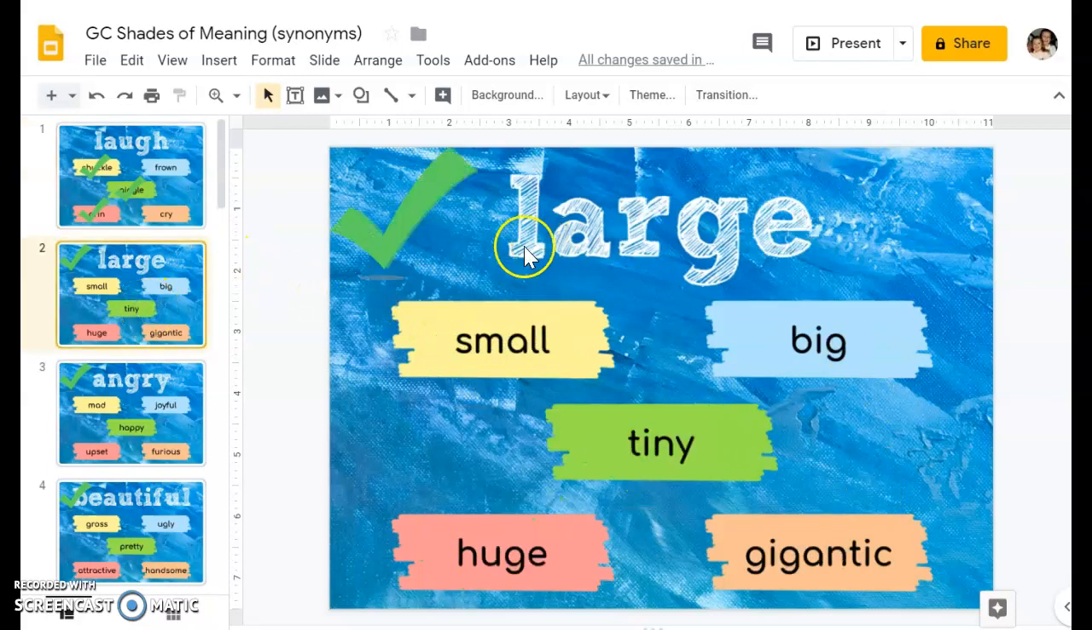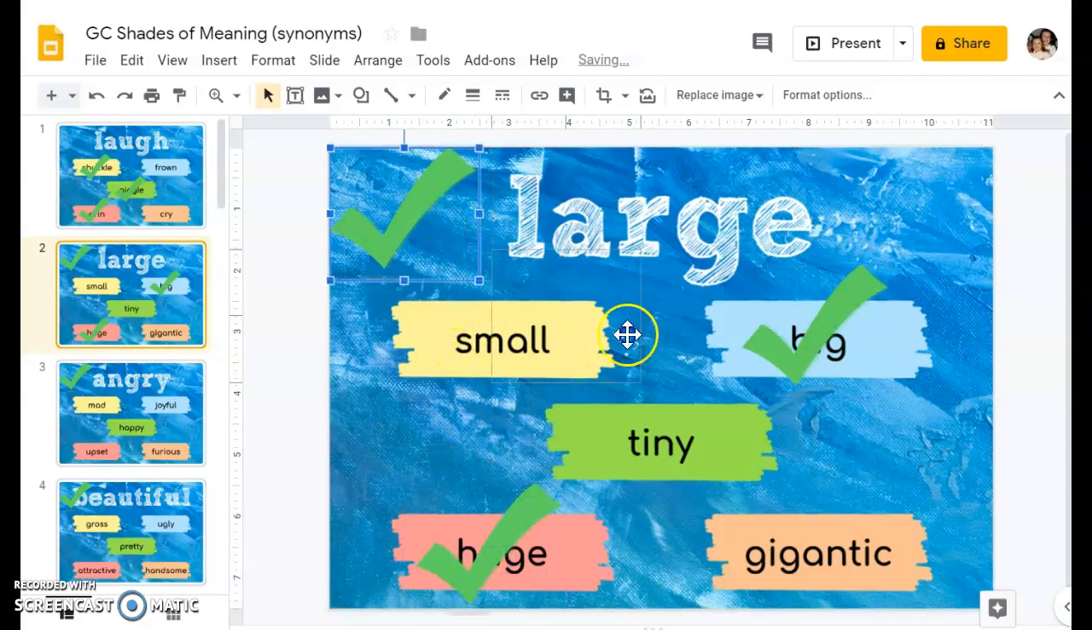Let's do one more. I have the word large. My words down below are small, big, tiny, huge, and gigantic. I'm going to take my 3 check marks and find the 3 synonyms, or the words that mean the same thing as large. I have big,